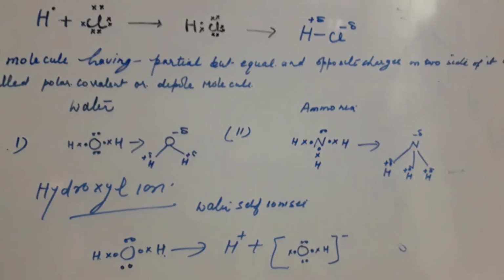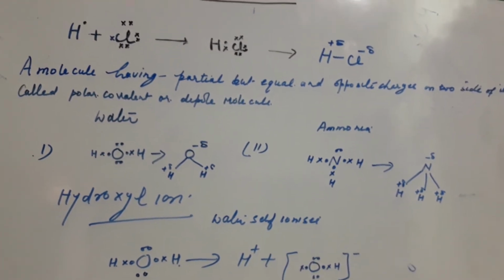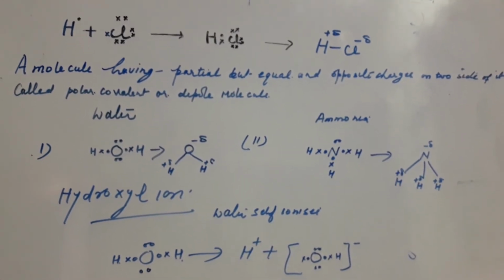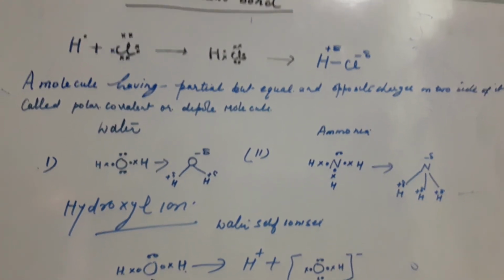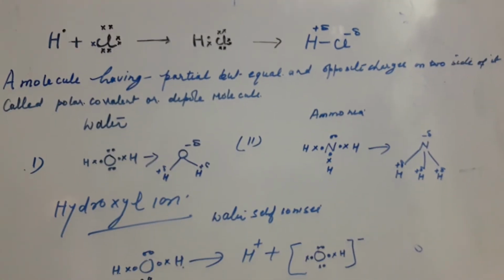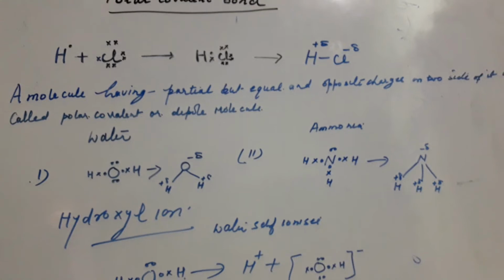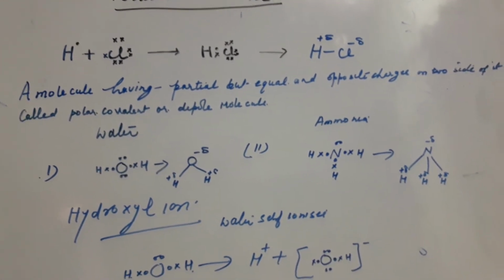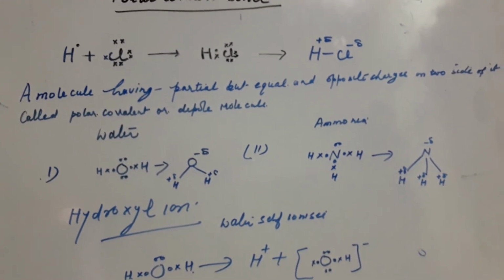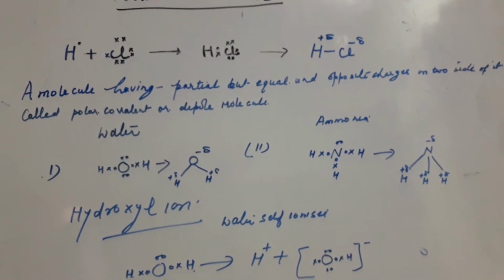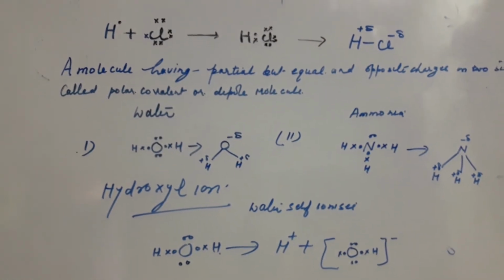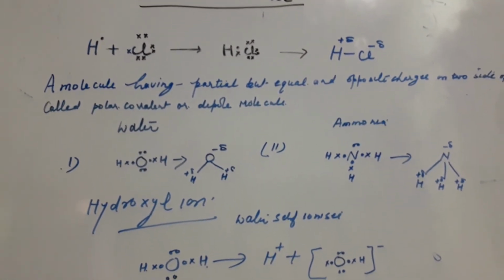Okay, then another case is ammonia. Ammonia, NH3, nitrogen is in the center, surrounded by 3 hydrogen, and 3 single covalent bonds are present. Okay, one nitrogen-hydrogen single covalent bond, and in the same way another nitrogen-hydrogen single covalent bond. So here also nitrogen is more electronegative as compared to hydrogen, so the shared pair of electrons will be shifted towards nitrogen and away from hydrogen. Due to this again partial negative charge will develop over nitrogen and an equal amount of positive charge will develop over hydrogen. So all three examples are of polar covalent compounds.